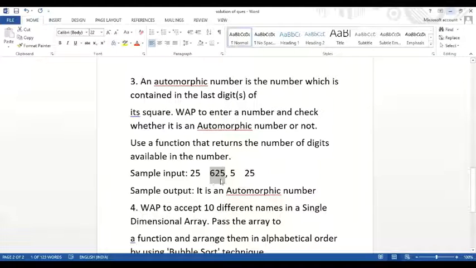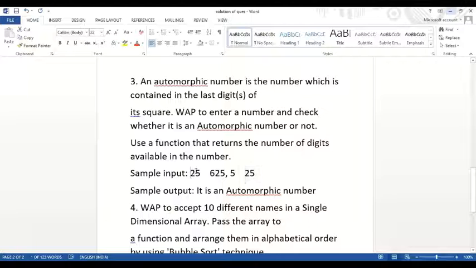Ma'am, we will use a while loop and then we'll take out the number of digits and then we will use it as a power. How? Math.pow(10, number of digits). If the number of digits is 2, then 10 comma 2. That means we will be dividing with 100. 10 to the power 2, that is 100. And if the number of digits is 1, we will take Math.pow(10, 1). That means the number of digits is 1. So in this case, we will be finding the remainder using 100, and in this case, we will be finding the remainder using 10.